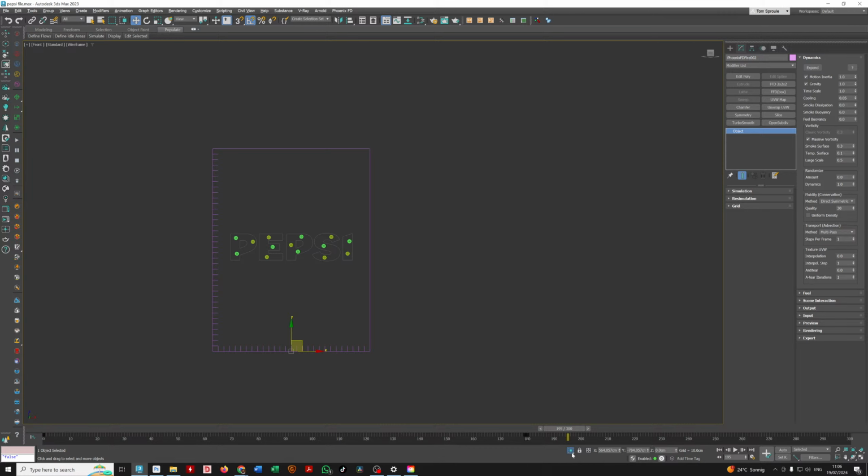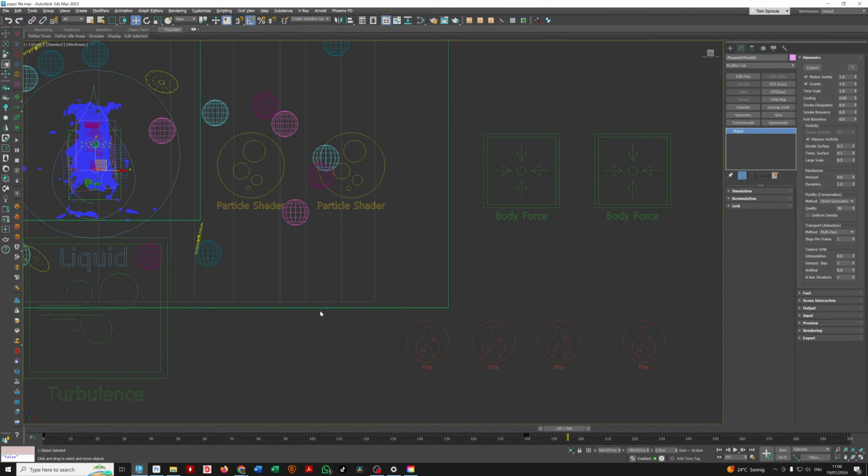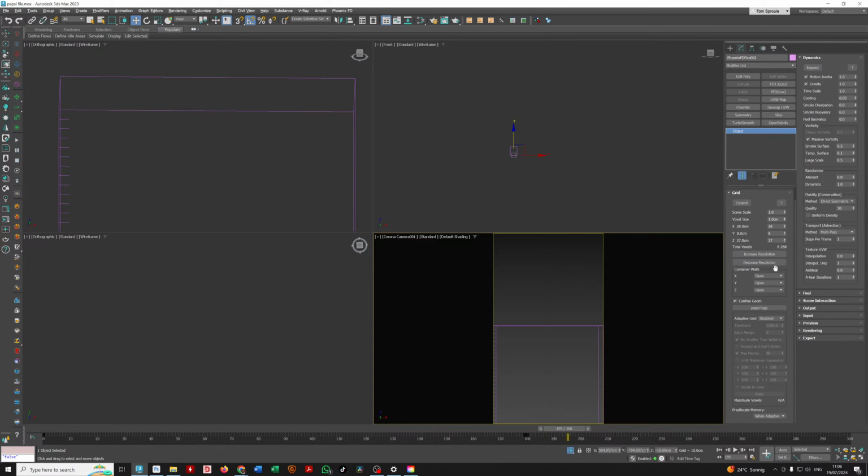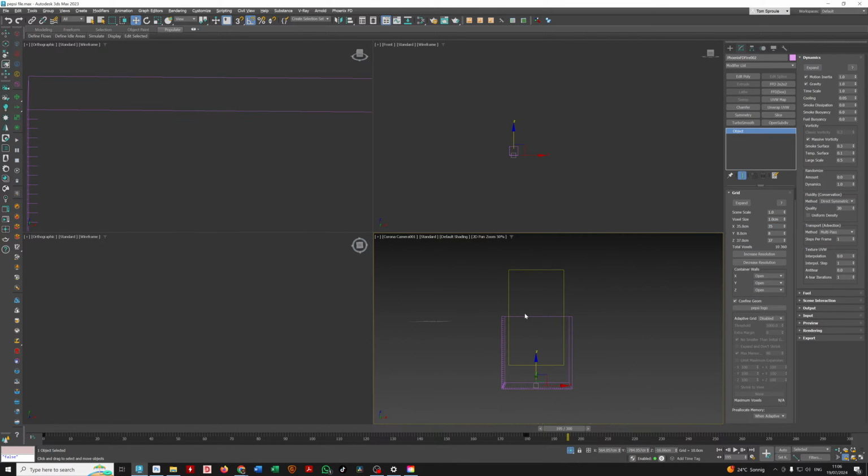So let's just come out of isolation. Let's see what we're looking at here. We're looking at this. Oh, I didn't need to come out of isolation, but something like this. And then the grid size. Here we go. So if I can go in here and then we can see. So the yellow is the size of the viewport, the camera rather, that's the camera outline, and this is the size of this. So I need this to be wider because I'm hoping it,